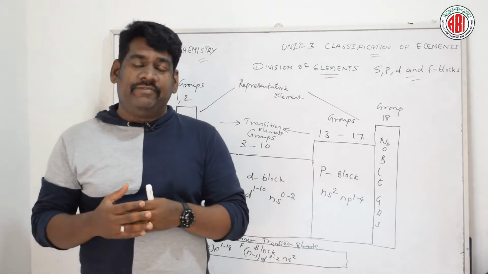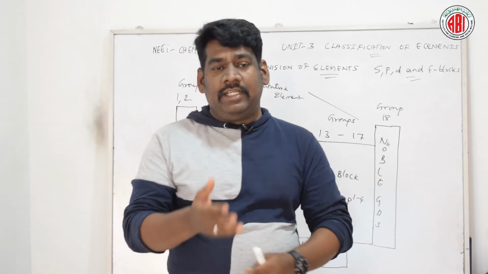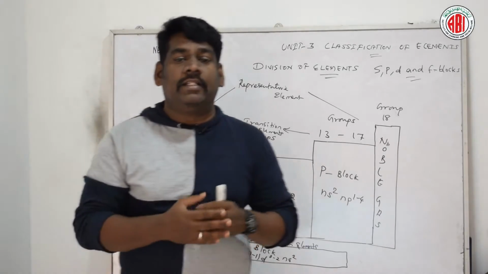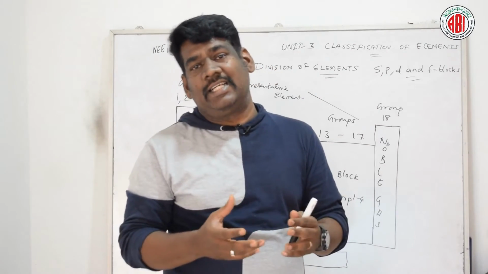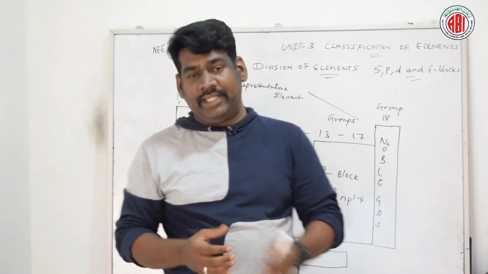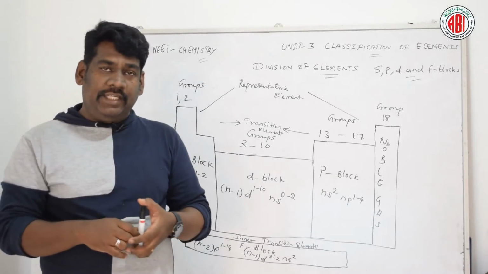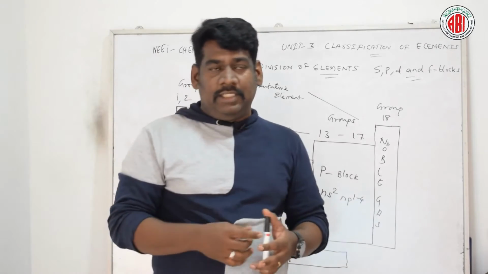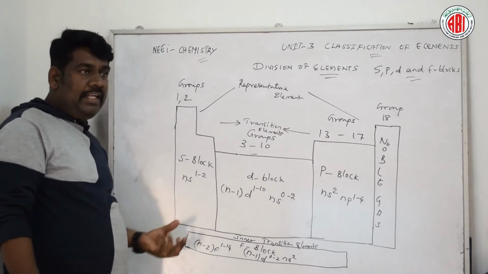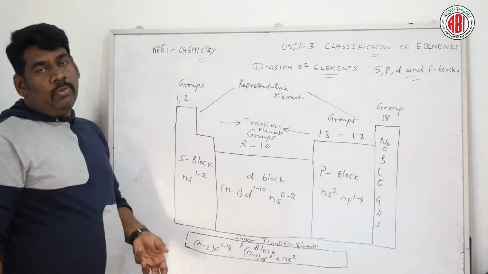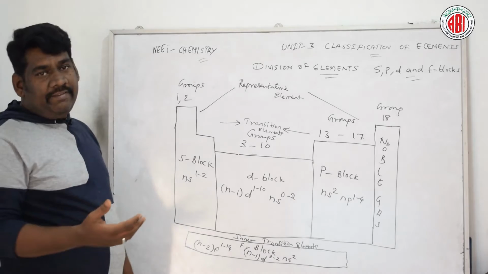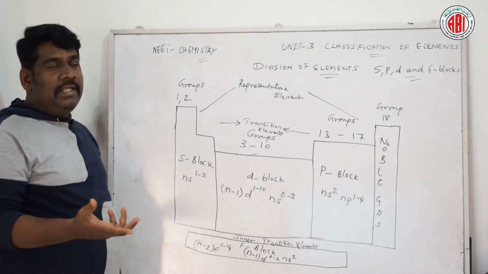They act as very strong reducing agents, and most of the elements in this block form characteristic colors when treated with flame, I mean when treated with heat. Mostly they readily form ionic compounds, especially the S block elements like alkali metals and alkaline earth metals. Based on that, they can be divided into bivalent and monovalent or univalent.